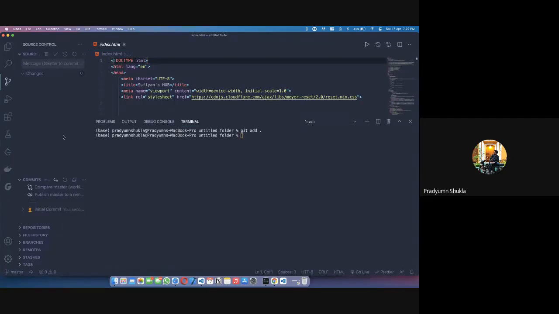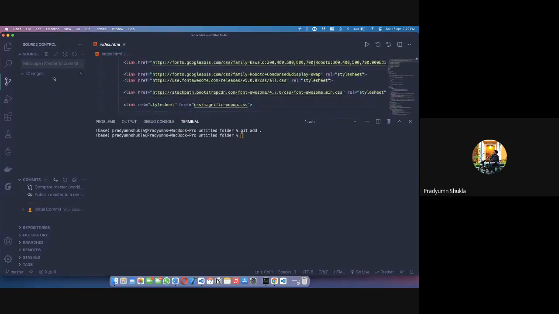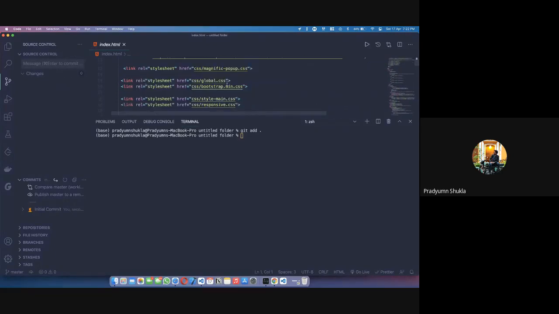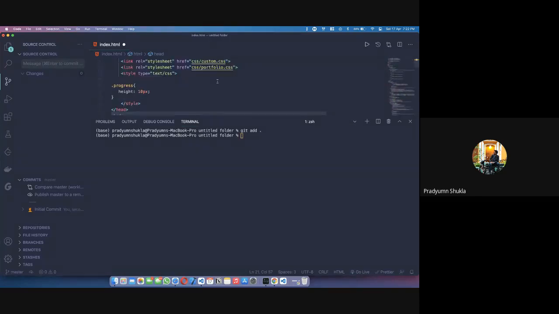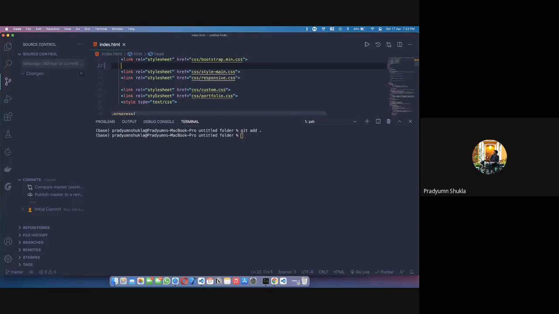Now one thing is I cannot commit this again, because Git is so clever that it will note down that you have not made any further changes, and it will not allow you to commit it again. But if, let's say, I remove one line, it will tell me that it's a change. And yeah, I can commit it again, and it will just stack it up here. And if I want, I can go back to my initial commit, or to my third, fourth, fifth, or whatever commit that I want.